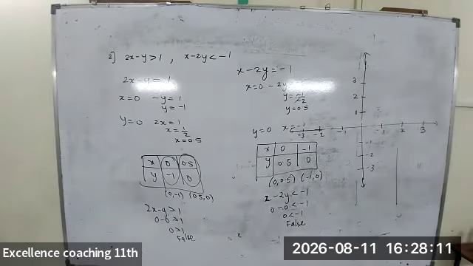Now you can plot the first line. 0 comma minus 1 means on the negative y-axis. 0 comma minus 1 means the negative y. Plot. Put a line and then take a gap of 2 and then